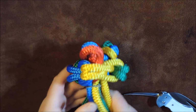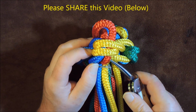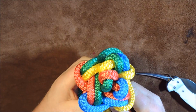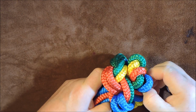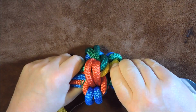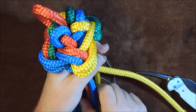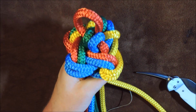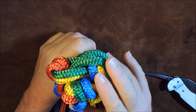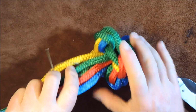And then it goes down through the yellows there, so pick it up through the yellows. And that's all we do, go all the way around and tighten everything up nice and tightly. And then finally it comes up on the reds here, goes underneath those like so, and then I can pull that down with one of the red ones down through the middle, and there we go. And gradually as I do that, that will bunch up nicely in the middle, and you'll have yourself